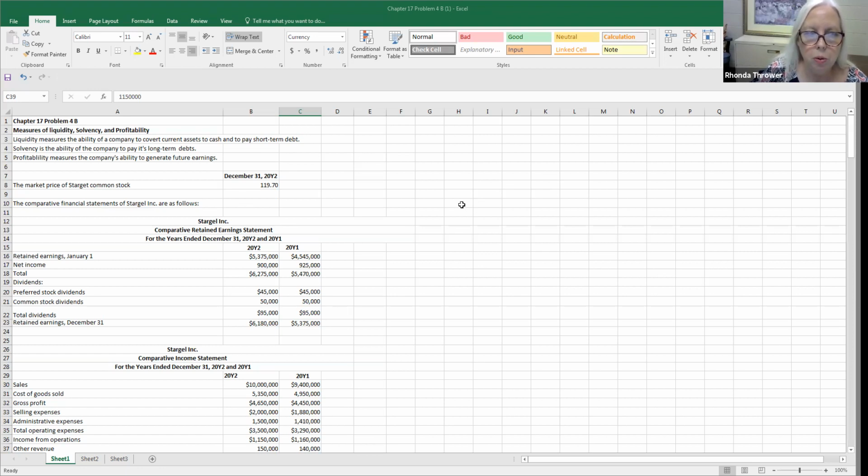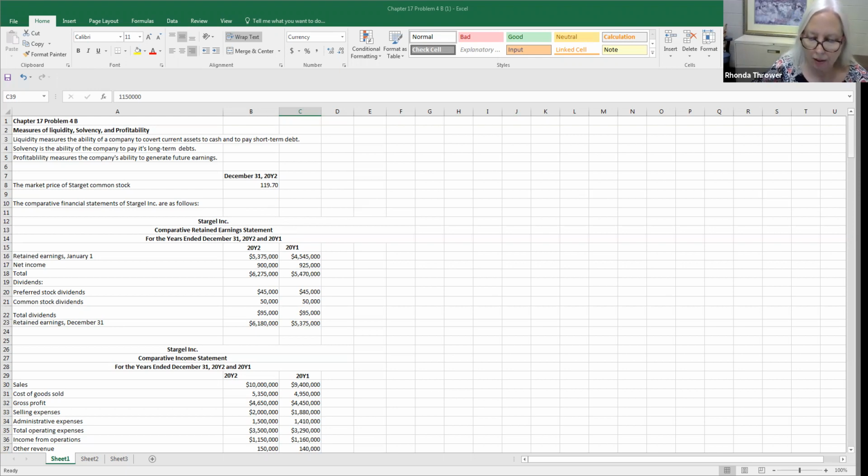So you'll remember in this particular problem, we were analyzing the statements for the Stargell Incorporated Company, comparing the years of 2000 Y1 to 2000 Y2. In this particular problem, we're going to do the analysis for year 2, and we're going to work on solvency